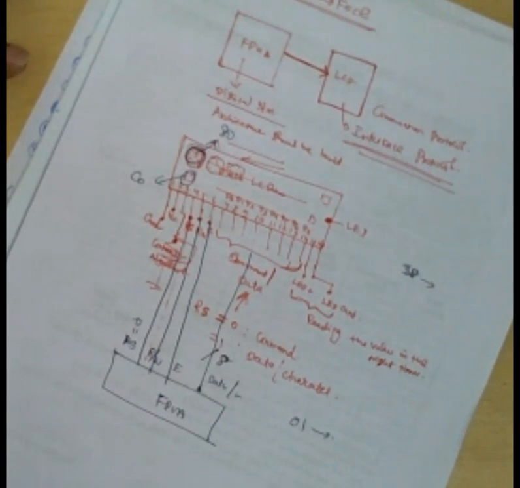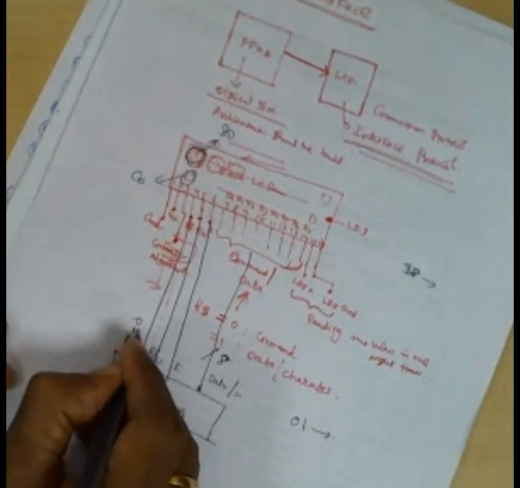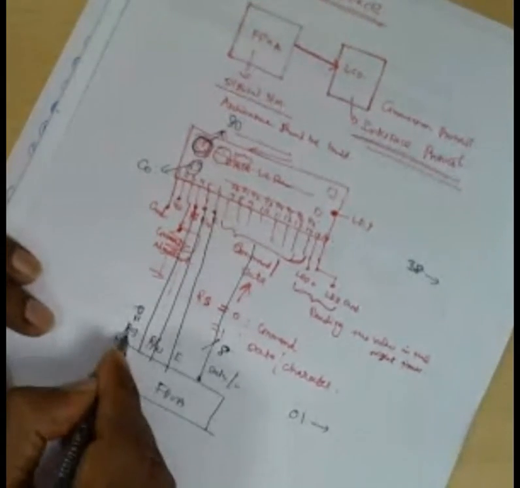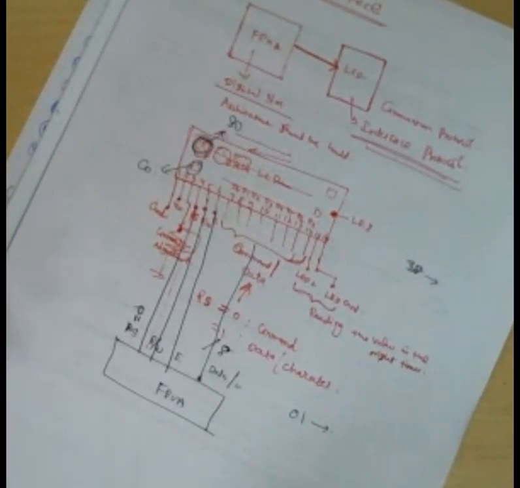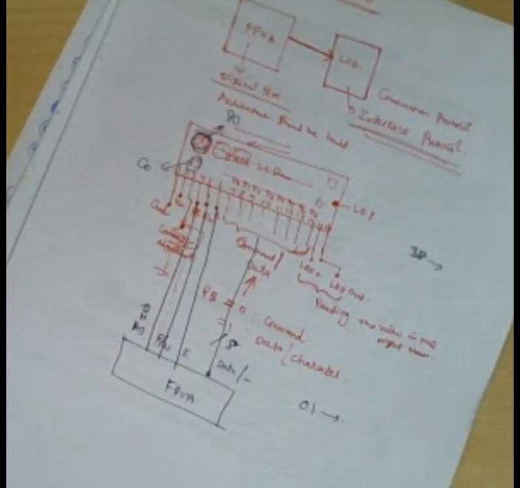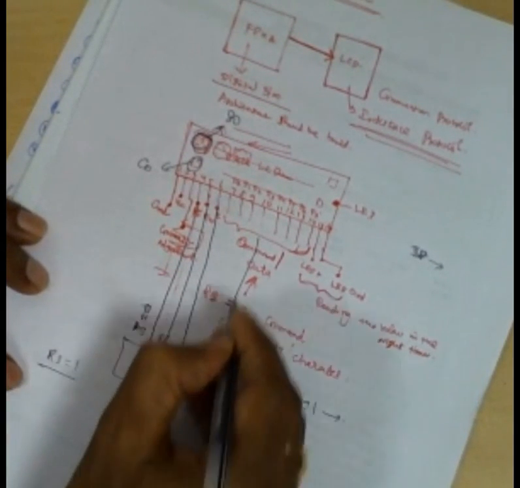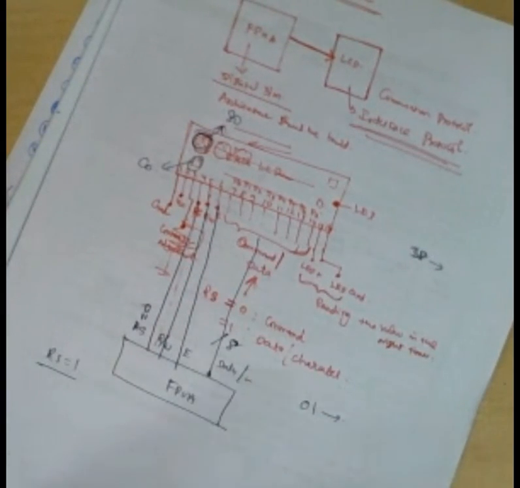Those commands are very much essential to prepare your LCD to display the characters the way you want, right? So first we need to perform this action. In the LCD interface, you need to make the RS equal to 0 and then pump all your values. That is the RS. RS equal to 0 means whatever we are sending from here will be taken by the LCD as a command only. Whenever you make RS equal to 1, whatever you are sending here will be taken as a character and then there will be a display.